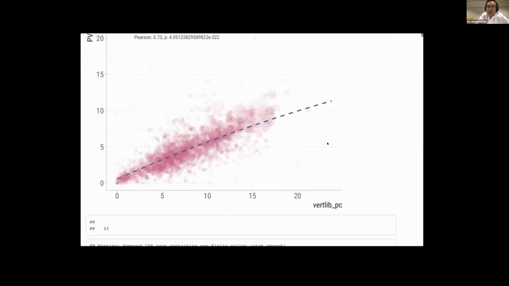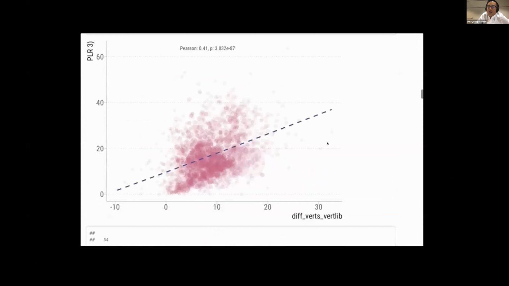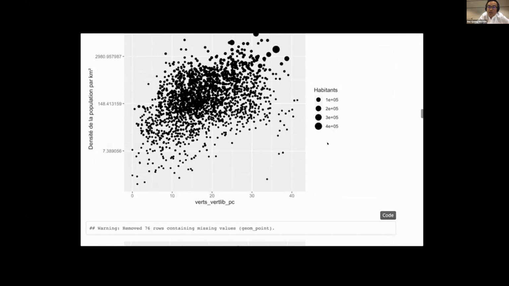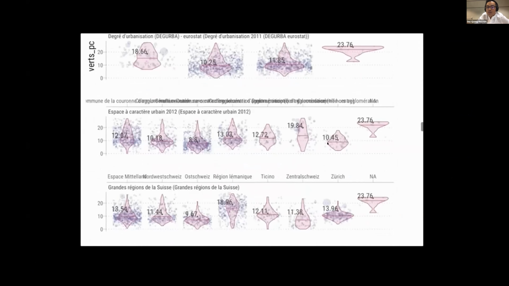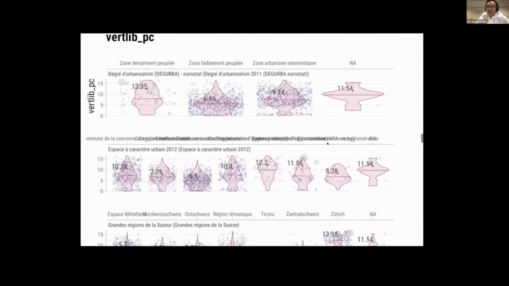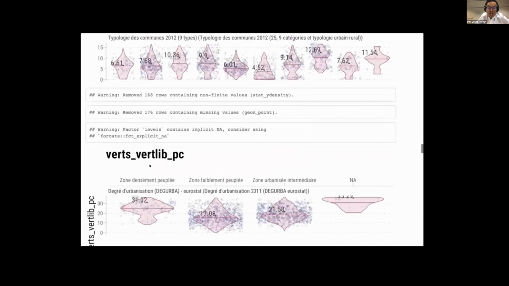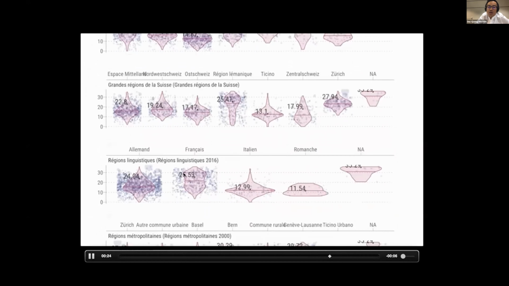So I tested all kinds of correlation. There were tons of significant results, but then I selected what I thought was more interesting to show. And what you've seen just before was made with Datawrapper. It's a very simple tool to create web graphics. And for instance, here I've seen that the French-speaking municipalities voted more for those two parties.